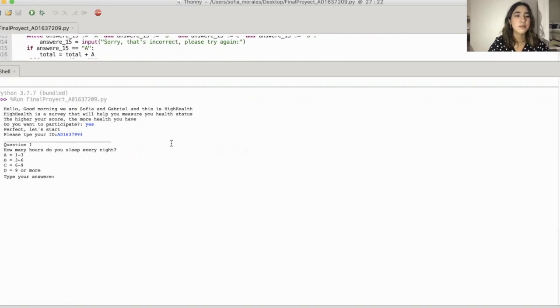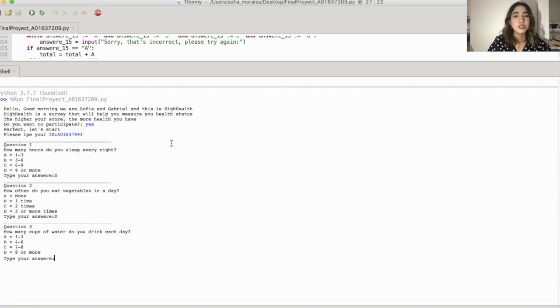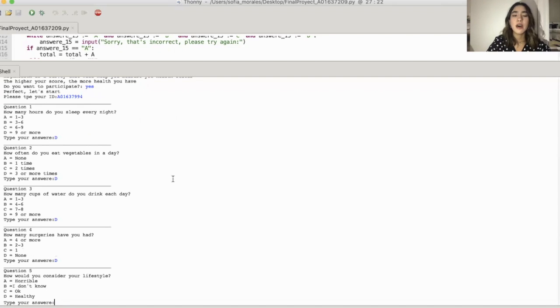So we chose to do it about health because nowadays it is something that is very worrying with everything that is going on, like the coronavirus. It's very important to check your health and to monitor it. And we know that it's hard sometimes to go to the doctor checkups. So this is a simple way to have a heads up on your